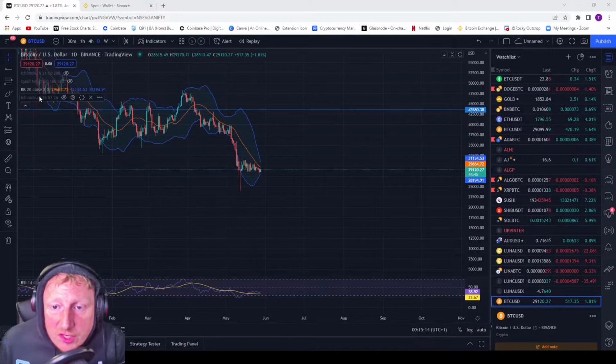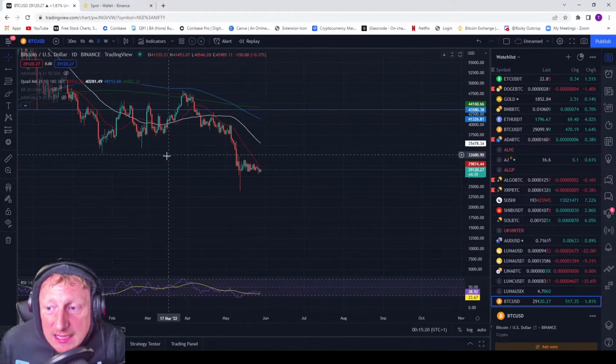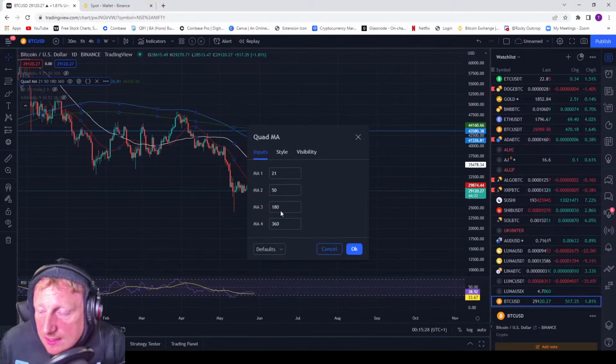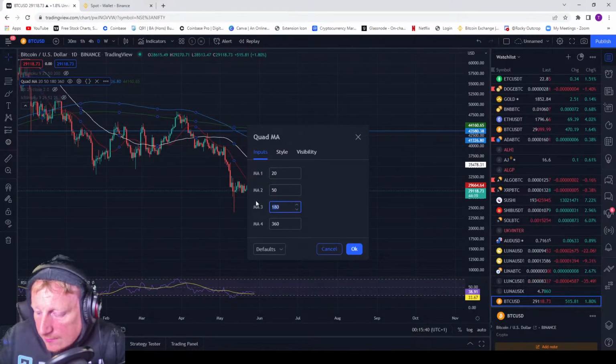Right, so we've done Ichimoku Cloud. We've done Bollinger Bands. So we'll get rid of the Bollinger Bands now, and we'll bring up the EMA. Now the EMA is really important. I don't know why these people have ended up putting these in here. I've changed the settings. I need to change the defaults as well. So I've got the 50, the 21, the 50. I'm going to actually make that the 20 because it's not the EMA, it's just normal. And then the 50, and then I'll have the 100, and then I want the 200